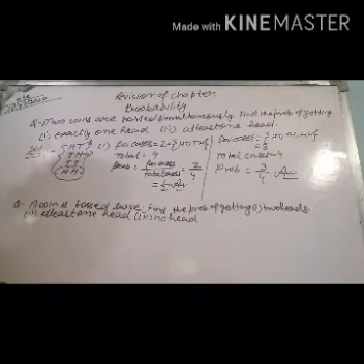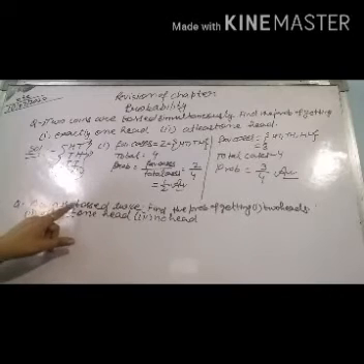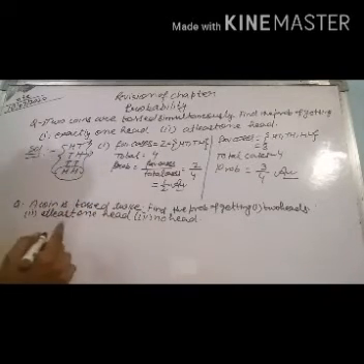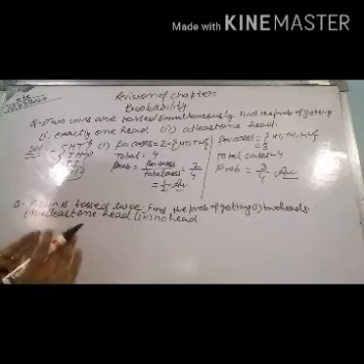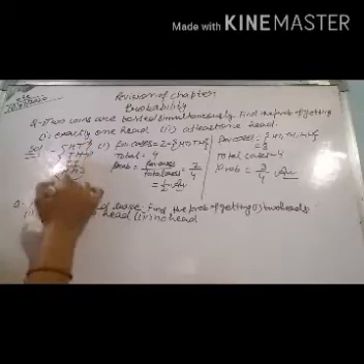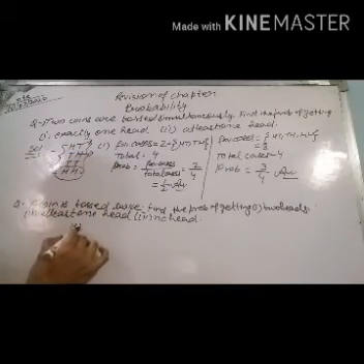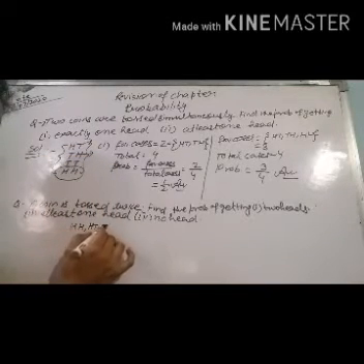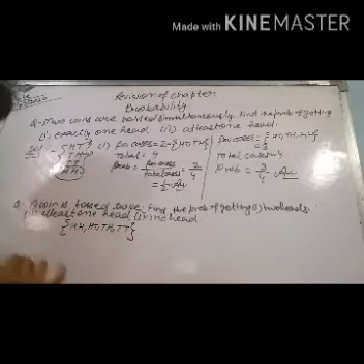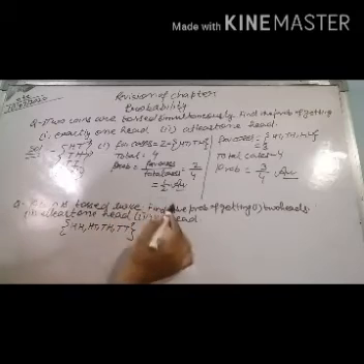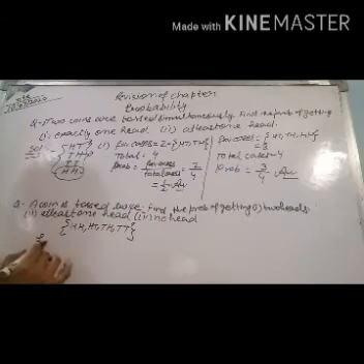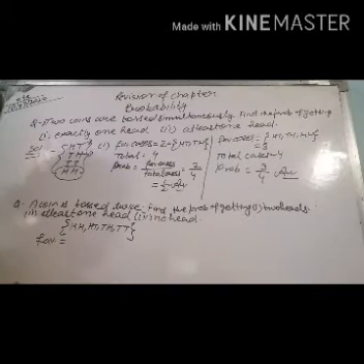Now next question. In the next question, a coin is tossed twice. A coin is given to us, and when we toss it twice, first tell me again how many total cases we have. These are the total 4 cases: HH, HT, TH and TT. Now next, find the probability of getting two heads.